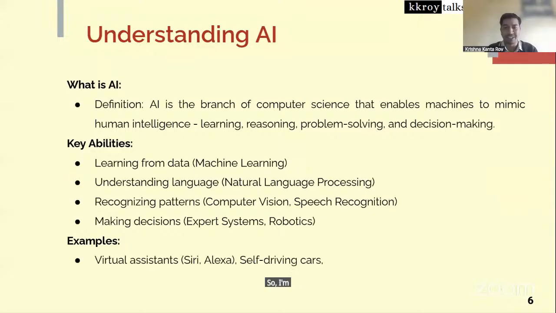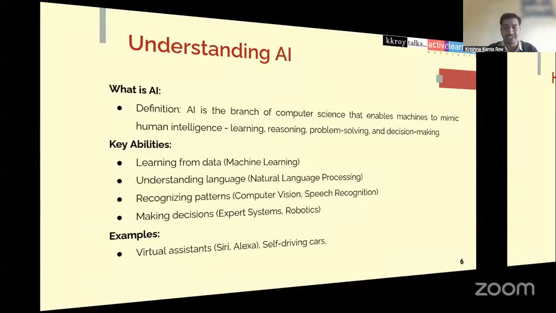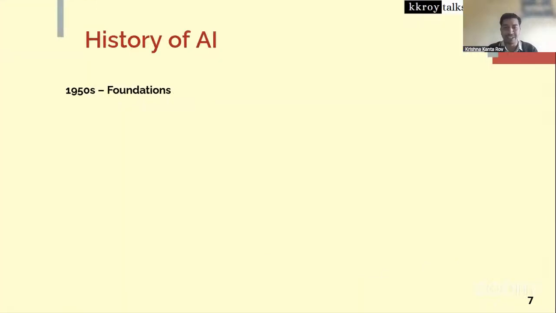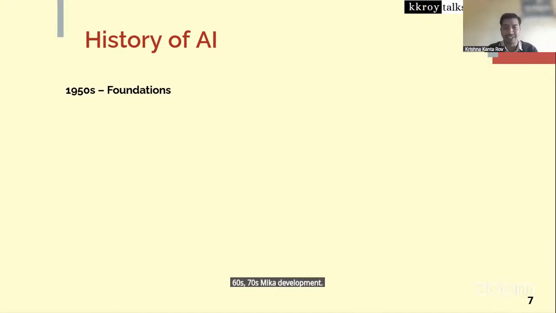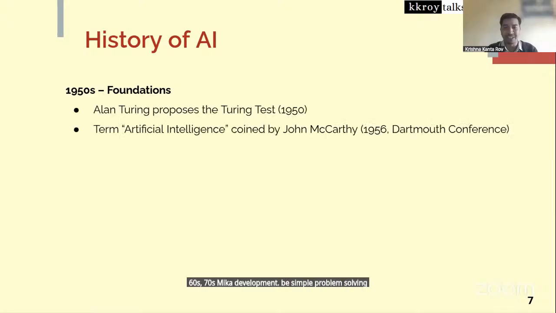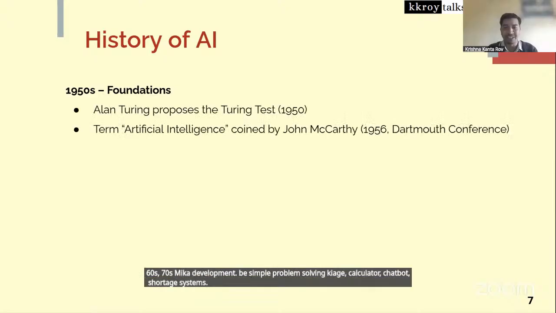अच्छा, हिस्ट्री पर कोई जाए, एआई इज नॉट ए न्यू फिनोमिना। एआई आज का नहीं, अभी हमें 2 सालों से ये बज़वर्ड हो गया है, आपके हाथों लग गया है इसीलिए। बट एआई बहुत पुराना है, इट इज लाइक 60-70 ओल्ड। तो अगर आप देखोगे, सबसे पहला आर्टिफिशियल इंटेलिजेंस टर्म किसने किया था? इट वाज कॉइन्ड बाय जॉन मैकार्थी इन 1956 एक कॉन्फ्रेंस में। तो अर्ली 60-70s में क्या डेवलपमेंट हुई, बेसिक सिंपल प्रॉब्लम सॉल्विंग किया जाए, कैलकुलेटर, चैटबॉट्स, छोटे छोटे सिस्टम्स। उसके बाद आया 80s-90s में इंफॉर्मेशन, डेटा।